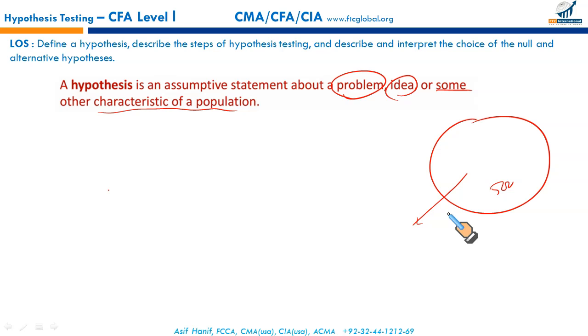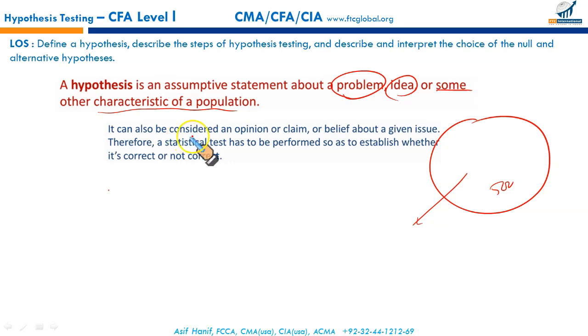So it could be just my assumption about this population, my opinion. So it could be a claim, a belief about a given issue. So therefore, we will conduct some statistical test to establish whether the claim, the opinion, or the belief is correct